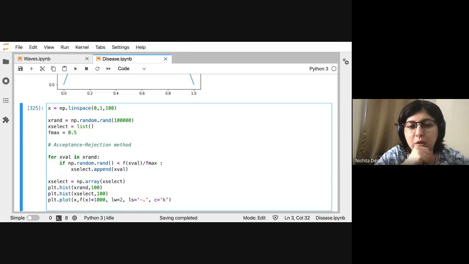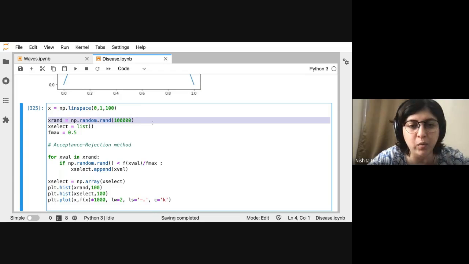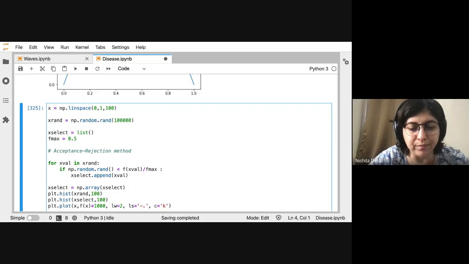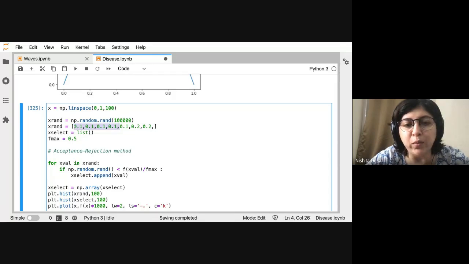So we could actually also do something. So this was just a shortcut, but what you can also do, for example, is make a list that looks like this. And so on, right? And then you can ask how many of the 0.1s are you going to keep, how many of the 0.2s are you going to keep, and so on.